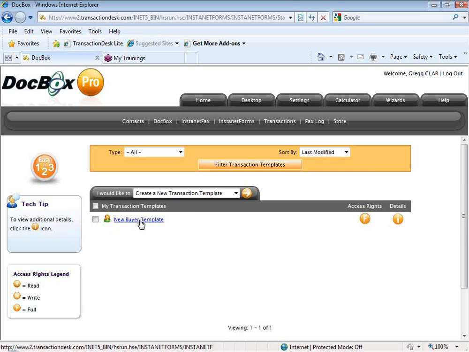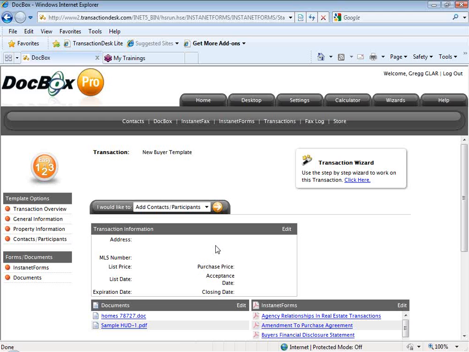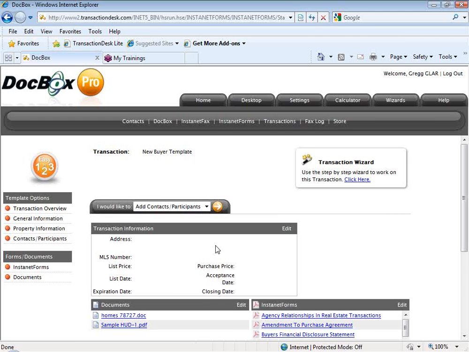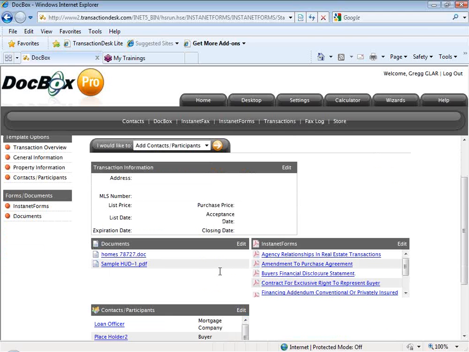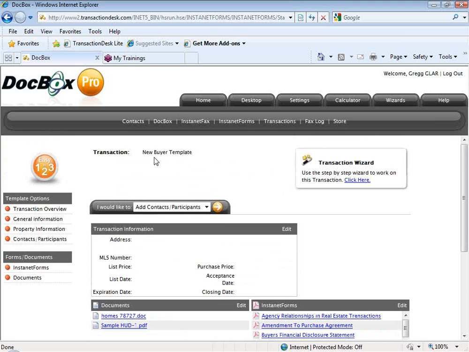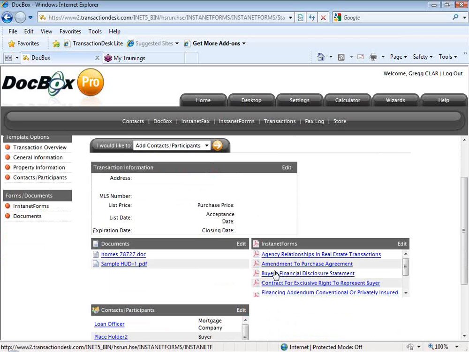So let's first look at a template. I click here on the new buyer template and we'll see the detail that we added to our transaction template. We added forms to our transaction template, the forms that we would need when we were starting a new file for a new buyer. This is our new buyer template. These are the forms that we will require when we're starting new buyer representation, purchase and sale contracts, and so forth. We added some documents, some standard office documents or disclosures or